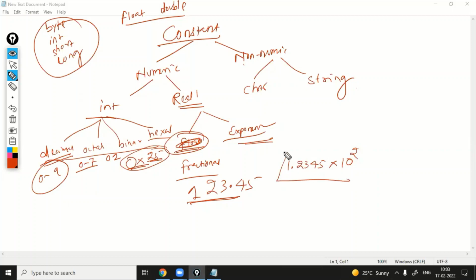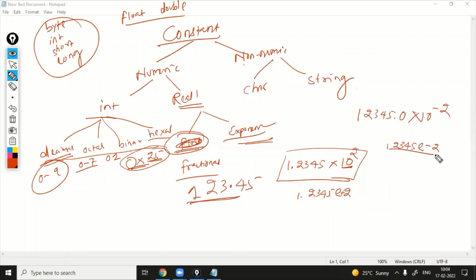So you know that this is normally how we use mathematics, but in computer science, how will we write 1.2345? Here one exponential e, and there is no need to write 10 here, just write positive 2. If negative, for example, if I write 12345.0, that means I changed the decimal location, shifting it to the right side. So here I have to write 10 to the power minus 2. So in that location I can write 12345 exponential e minus 2.